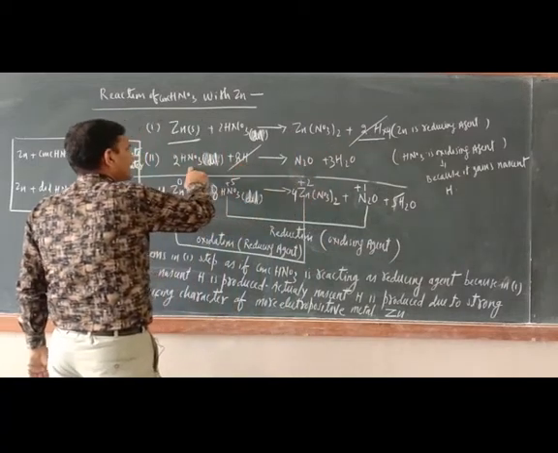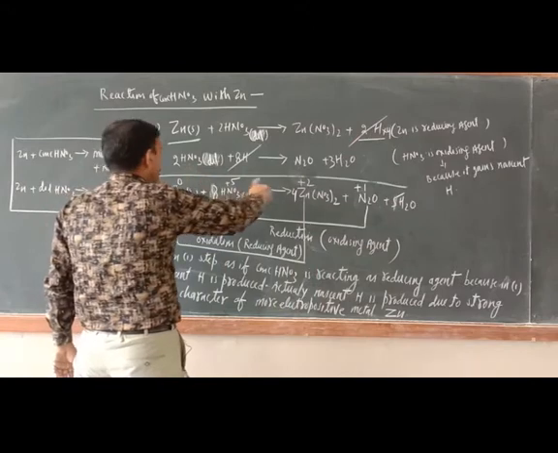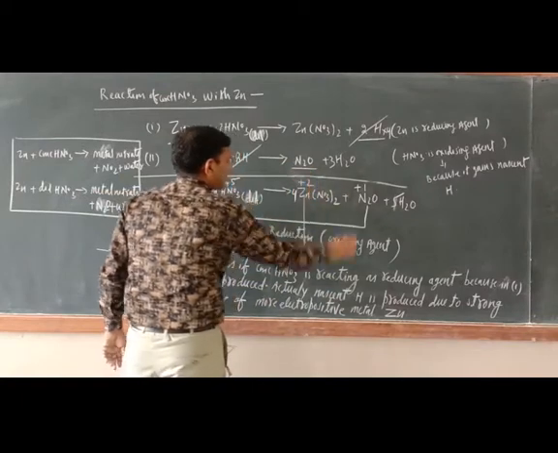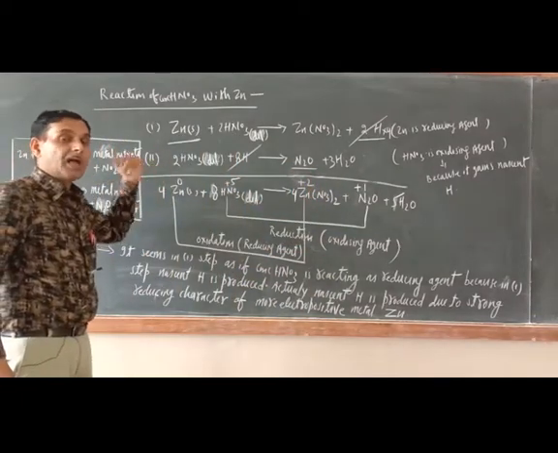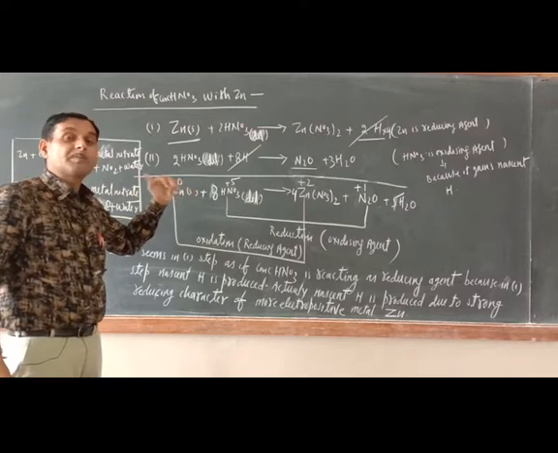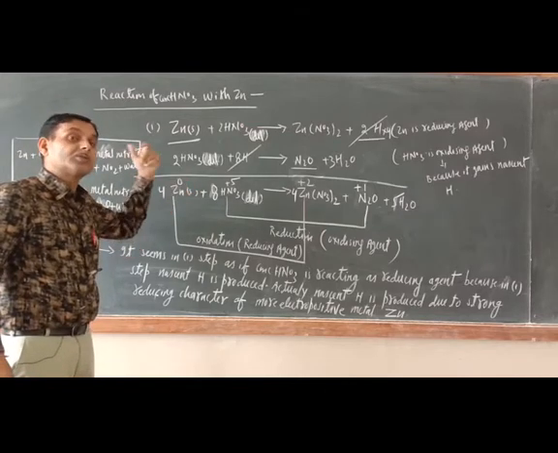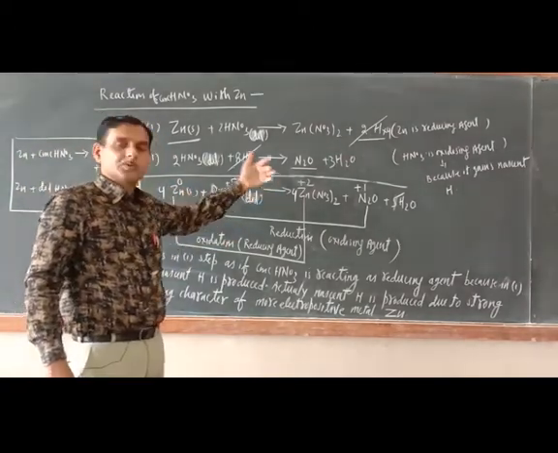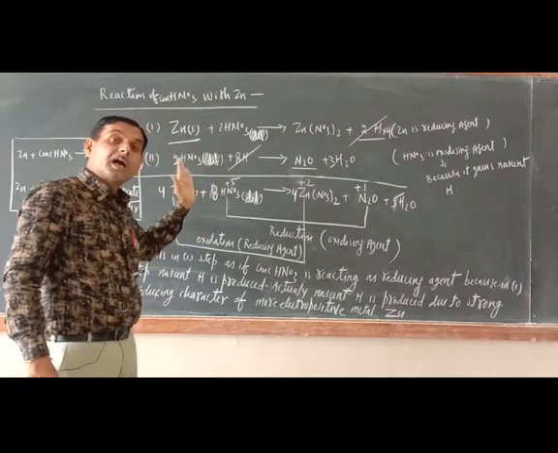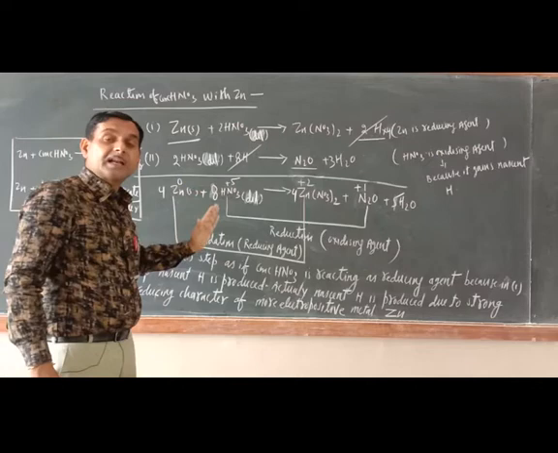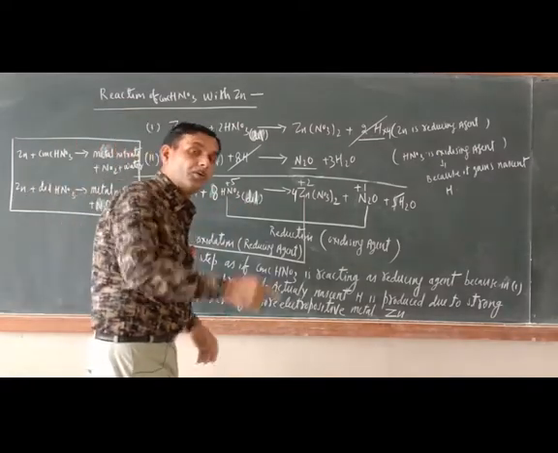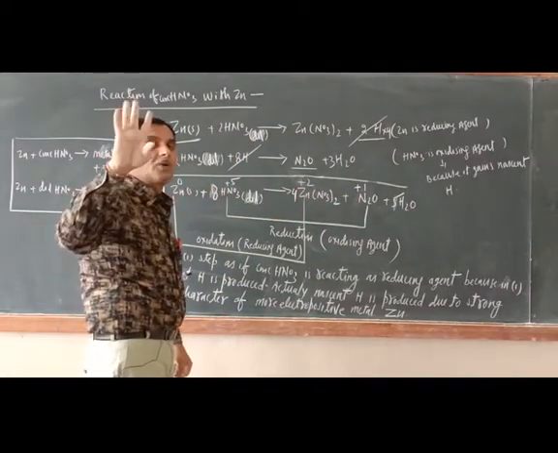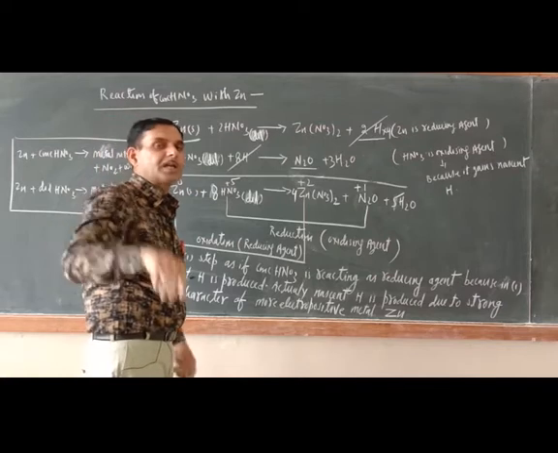The same nascent hydrogen is consumed here by dilute HNO3, and the product is N2O plus 3H2O. So only this is the new reduction product. Now because we have taken the dilute, the more the dilution, the more will be the extent of reduction. So the last but one reduction product is N2O. HNO3 has to convert itself to N2O by gaining electrons. How many electrons are needed? Near about 3 electrons are needed.